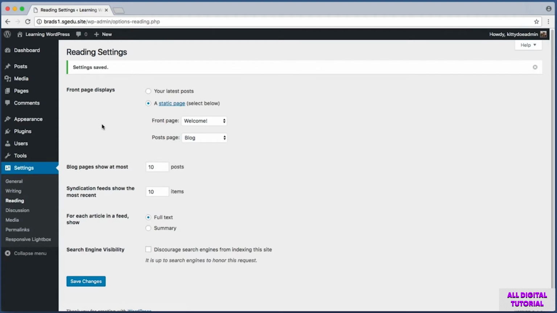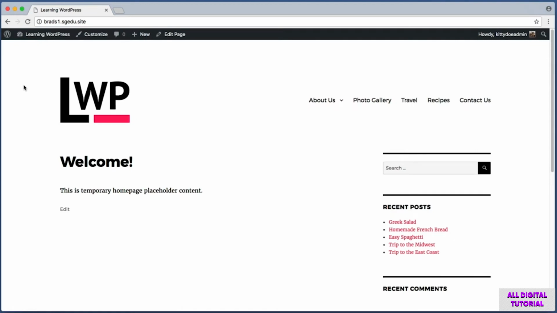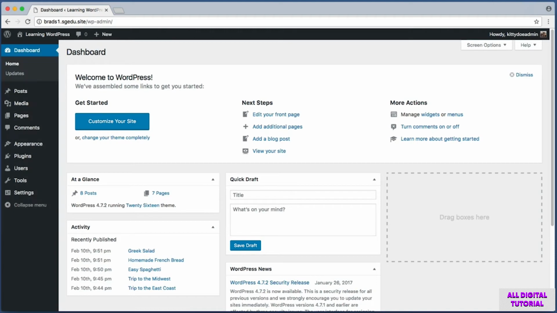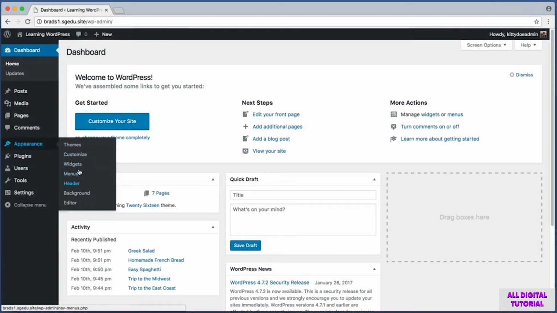And now let's jump back to our public front-facing website to see these changes in action. Perfect. So this is the home page, and now the only content we see is from that welcome page we created just a moment ago. Next, let's work on adding a link to our main navigation menu that will point towards our main generic blog listing. Or in other words, that page that I created just a moment ago that I titled Blog. So to edit this navigation menu, I will jump to the admin area. Within the sidebar, I will look for Appearance. And then within this pop-up menu, I will click on Menus.